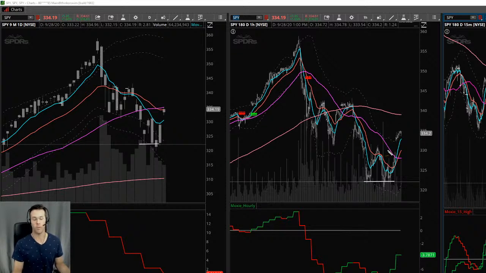What I'm looking at initially is I want to see price come down and test or interact with the hourly 50 SMA. That is my first thing. I'm not saying that the world is going to collapse and the market's going to fall apart right here. What I am saying is right here is not a good place to be long. I want to see the market come back down to whatever the hourly 50 turns out to be. We're going to have to see if it bounces off of it directly and exactly, or if it pushes through to the downside a little bit. It can come down a little further and then maybe scoop back up. We're going to keep watching this. That's my situation right here.